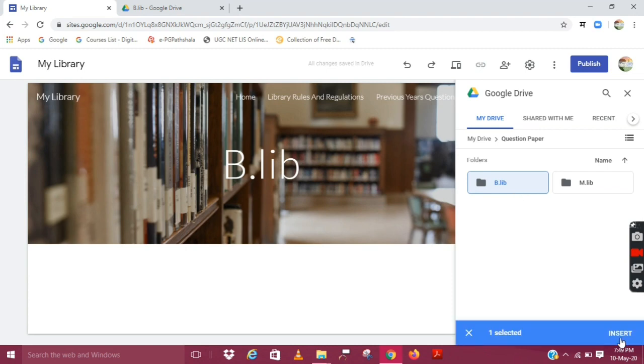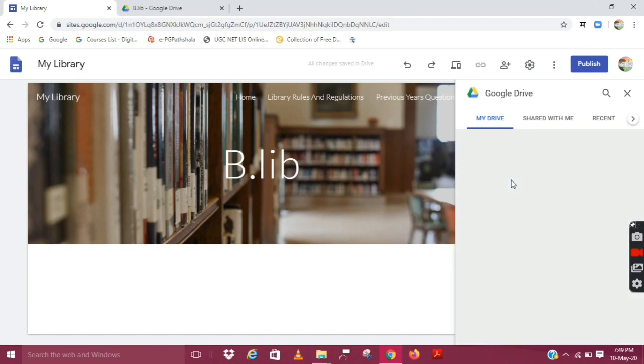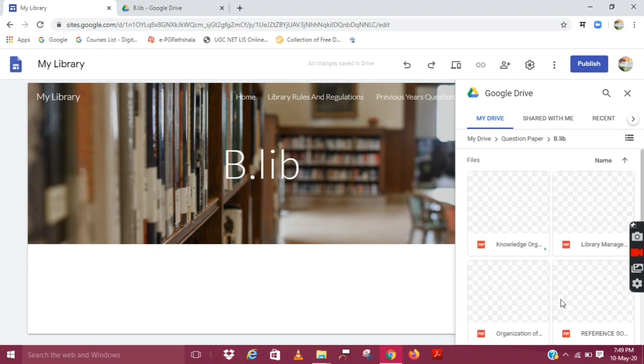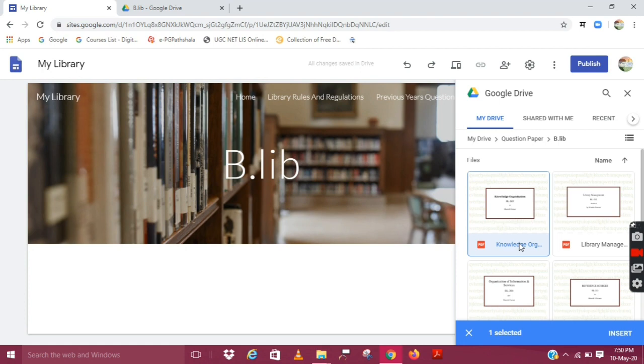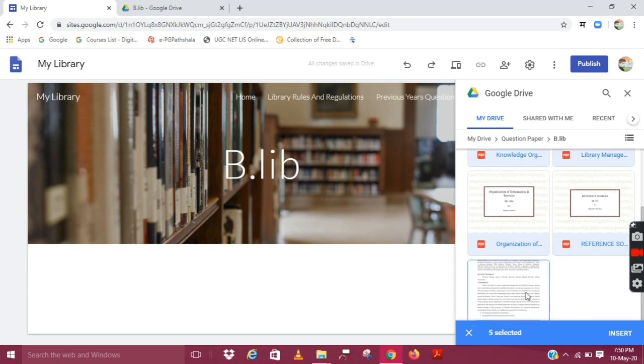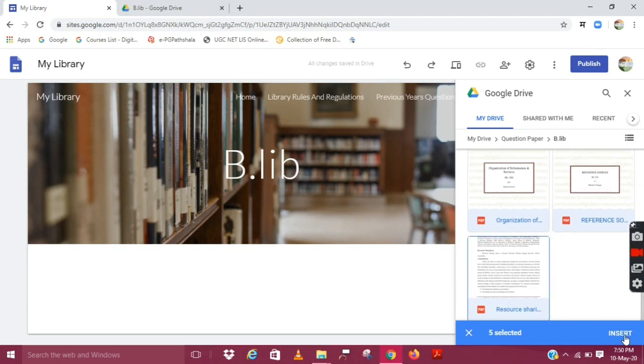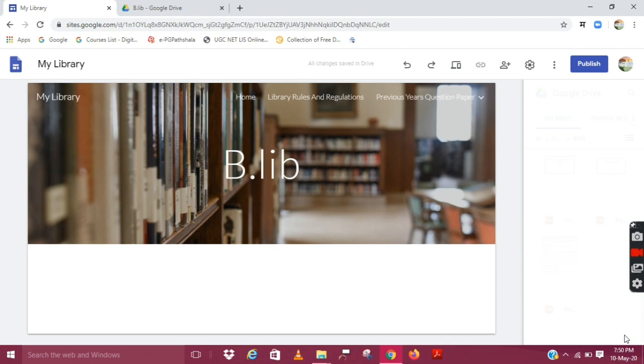You can see I can directly insert the whole folder here, but I will insert one by one. So see, I can select multiple copies at a time to upload. After clicking on Insert,